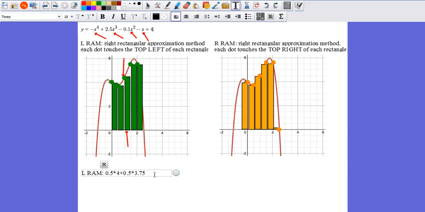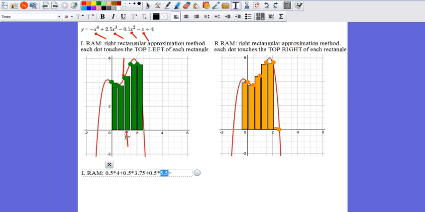Okay, again, the width of that rectangle is going to be 0.5 times, I'm going to estimate that to be, let's just round it off to 5.5. It's a little bit under 5.5. Now again, if you want to find the exact coordinate of that, because the equation is available, in this